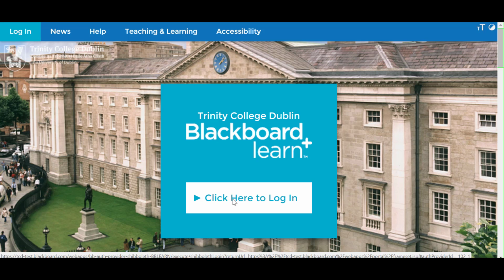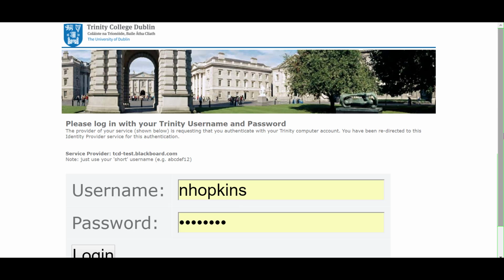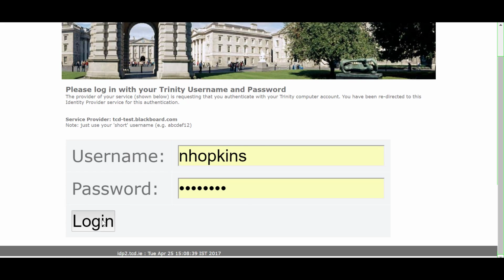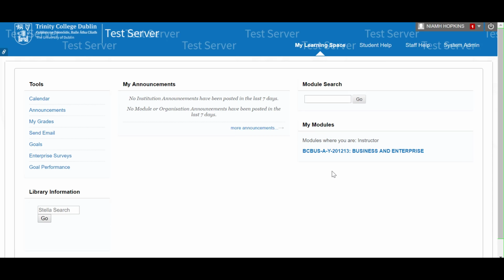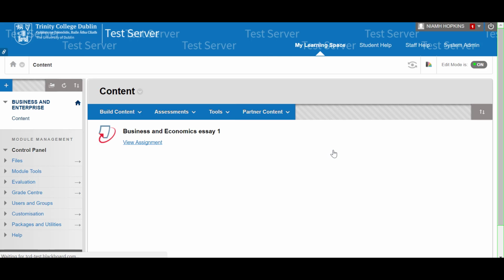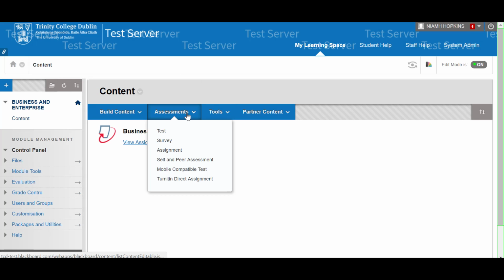First, log into Blackboard Learn using your college username and password. Then browse to the module where you wish to set up your Turnitin assignment. In order to set up your Turnitin assignment, you will have to access the Content area. Once you've done that, go to the Assessments drop-down menu,